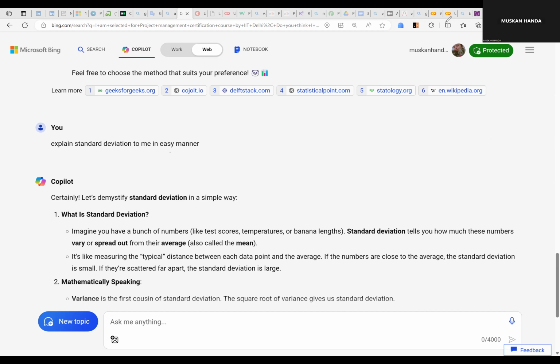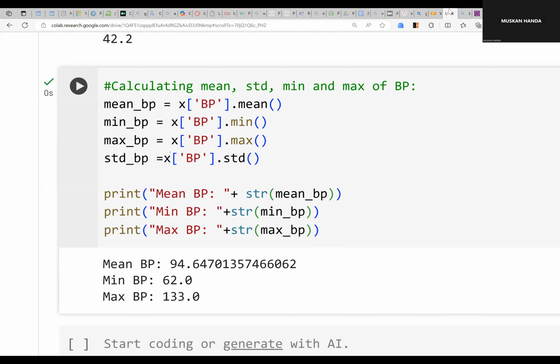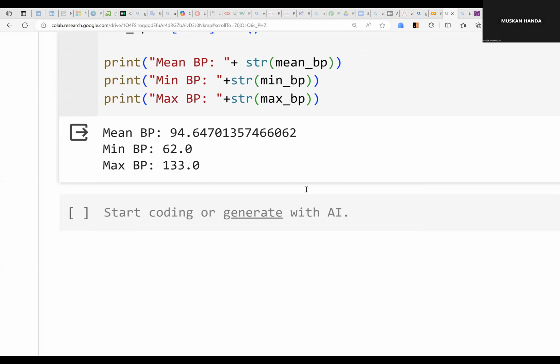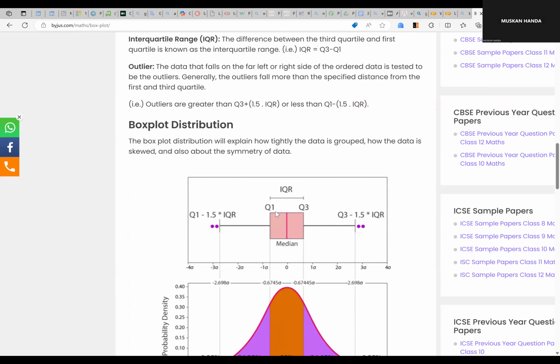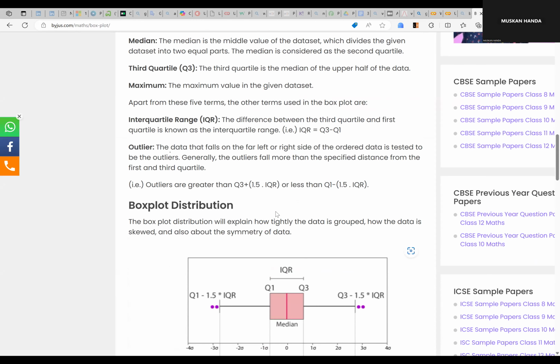चलिए, तो हमने अभी थोड़ा सा डेटा एक्सप्लोरेशन किया, ठीक है, अब आगे बढ़ते हैं। Let me proceed further. कोई डाउट हो तो प्लीज पूछना। Now let's do some kind of visualization with matplotlib, ठीक है। So we are going to make a box plot. अभी मैंने आपको बायजूस वाली लिंक दी थी, हमने यहाँ पे बॉक्स प्लॉट देखा था। ऐसा एक बॉक्स प्लॉट बना के देखते हैं।